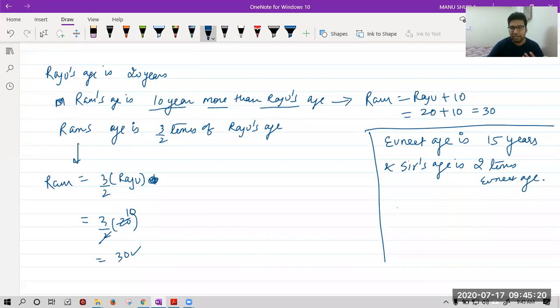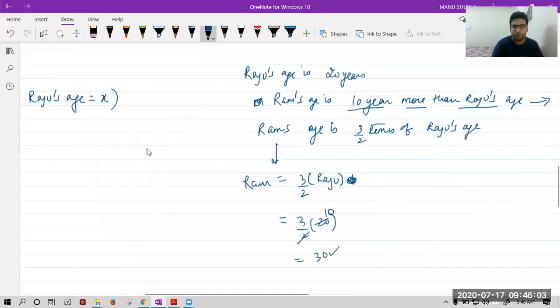Similarly, if I say Sir's age is 2 times Avneet's age plus 5 years. Avneet, now tell me, my age is 2 times your age plus 5. Now my age is 35. See, you got it. It's very simple. Ekta, 60? How 60 beta? Why are you making me that much old? Simple, I am saying my age is 2 times Avneet's age, that is 30, plus 5. Abhas, 100 years? Oh my god. Okay, so we have got the concept.